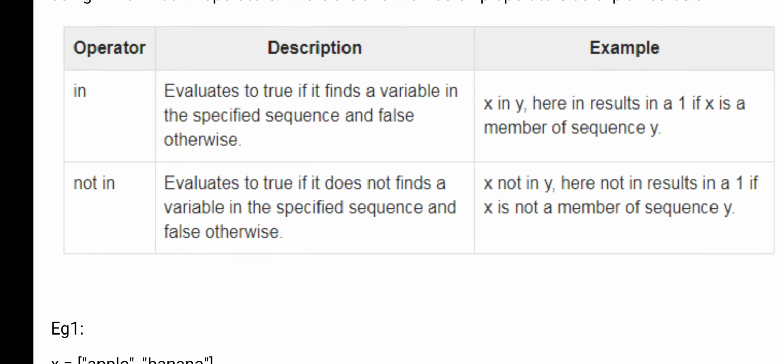The second one is the opposite. It gives true when the given substring is not a part of the main string. The in operator checks whether the given string is a part of the main string or not. If it is a part of the main string, then you will get true, otherwise false. The not in operator checks whether the given string is there or not. If it is not there, then you will get true. If it is there, then you will get false. It is the opposite of the in operator. Using these two operators you can check whether the string is a part of a main string or not.